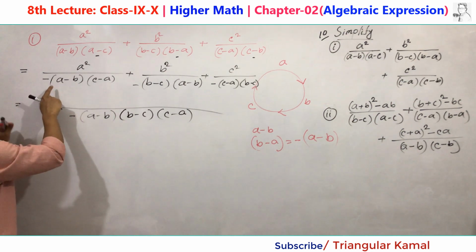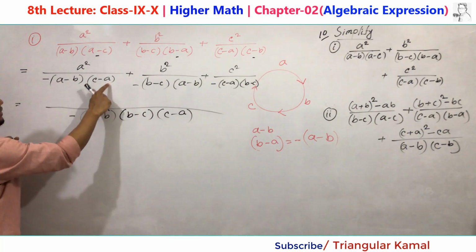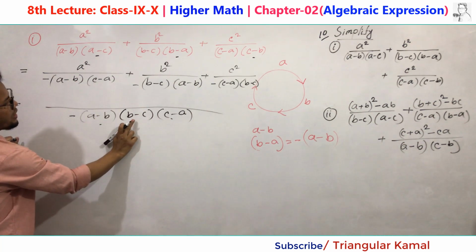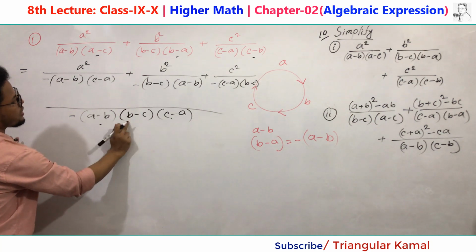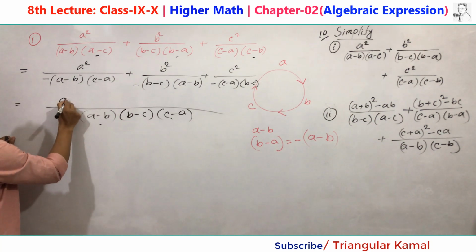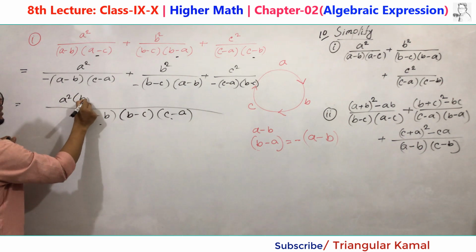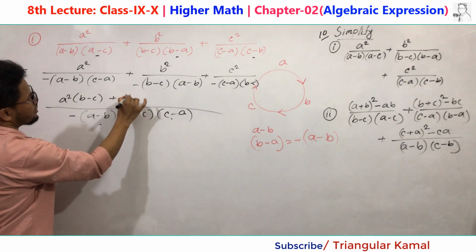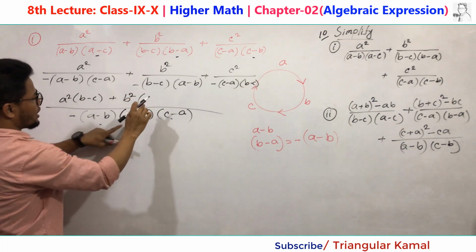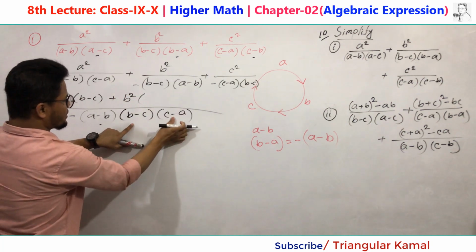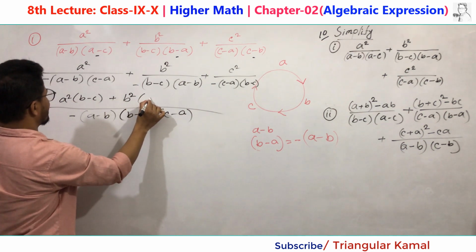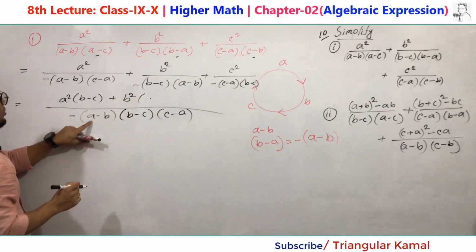If you divide this one, minus ab and minus ca, minus ab and minus ca, there's only b minus c remaining. So this one will be a square multiply b minus c, and similarly this one will be b square multiply, and b minus c, a minus b will eliminate, only a minus b remaining. So this one b square will be